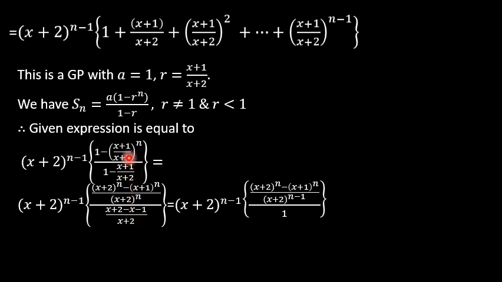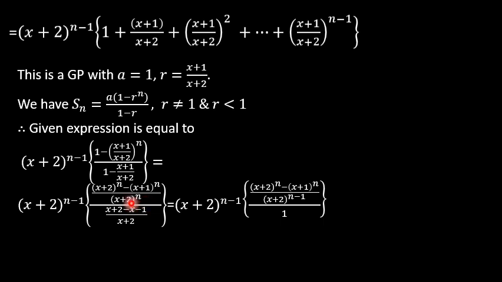That is, we are taking the LCM both in the numerator and denominator. In the numerator we have (x+2)^n as LCM, and in the denominator it is (x+2). So we will simplify this. We have (x+2)^(n-1) as it is here, and you can observe the denominator, x+2 minus x minus 1. x is eliminated here and 2 minus 1 is 1, and when you take this (x+2) to the numerator here, we have (x+2)^n into (x+2),